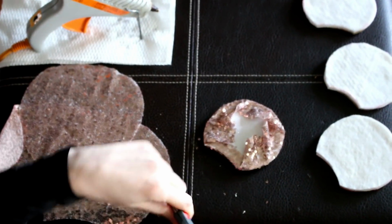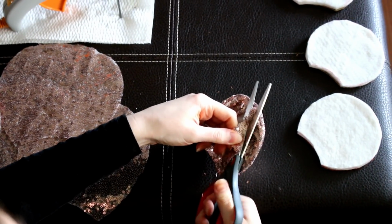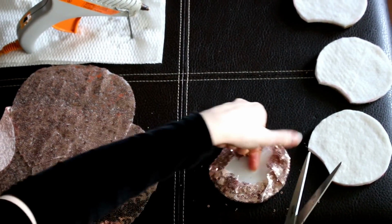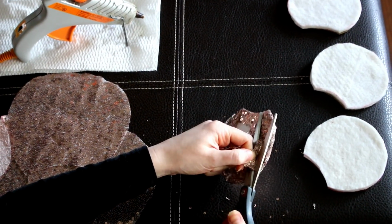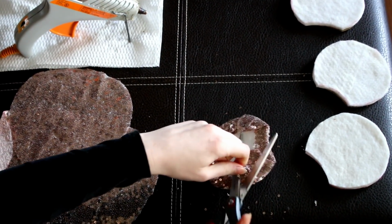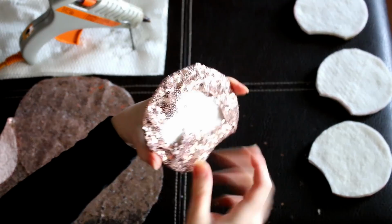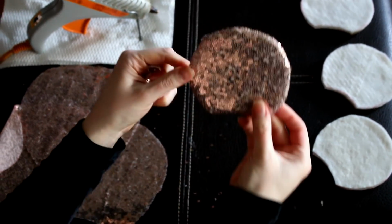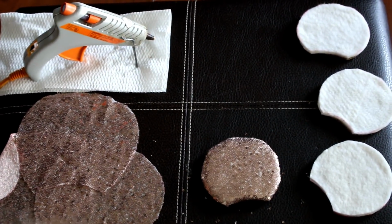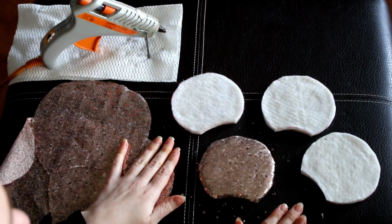You want to bring in your scissors and just trim away the excess. This is gonna just help the ears lay a little flatter, a little nicer. And you can see if you use sequin fabric, those sequins are everywhere. So if you do a test pair, maybe you do it with a non-sequin fabric first. Okay. And again, does it have to be pretty, polished? Nope, this is the back of the ear. The front is looking good. And you can always glue something down if you need to. All right, I'm gonna go and do the other three pieces the same exact way,